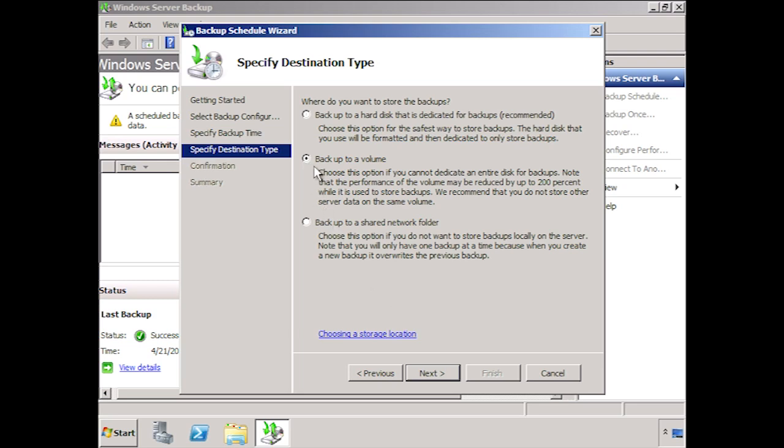The second option will back up to a folder, which is the same type of backup I performed when I selected Backup Once. The last option will back up to a network folder. Backing up to a network folder will be slower than using a local hard disk. However, for disaster recovery reasons, it is a good idea to keep a copy of your data at a remote